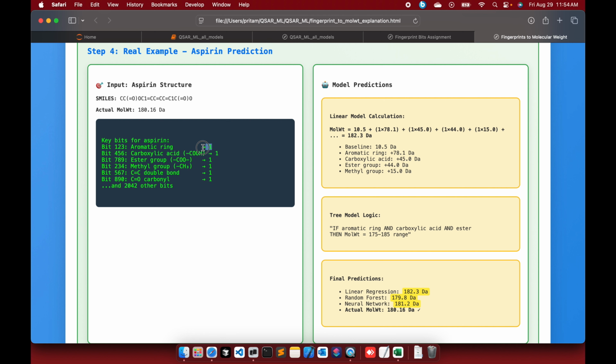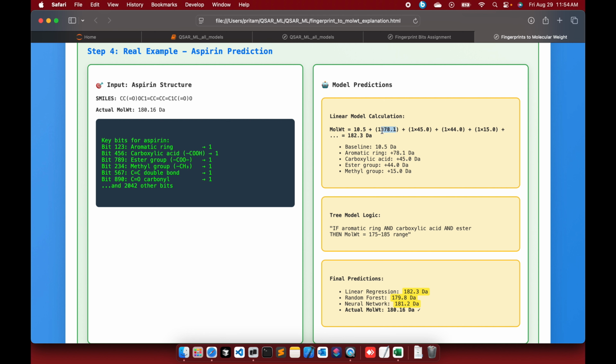So it will quickly look into the database. For instance, bit 123 represents your aromatic ring, so it will assign 1 because it has an aromatic ring. So it will say 1, the presence of aromatic ring, times the molecular weight of that particular aromatic ring,